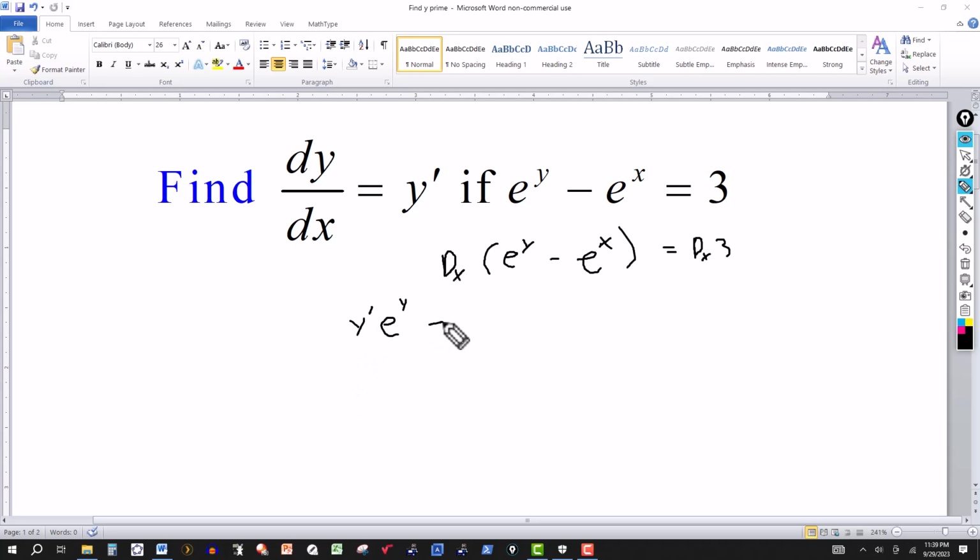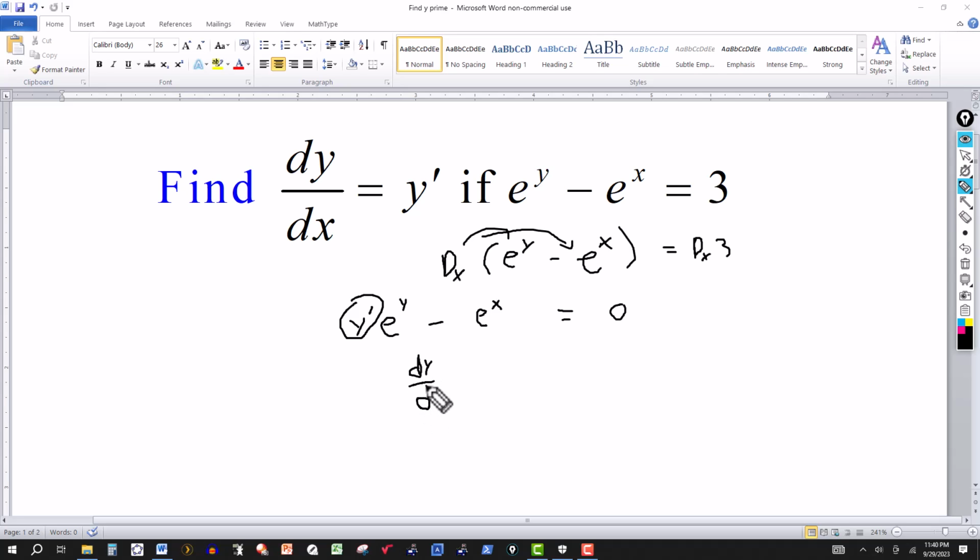And then minus the derivative of e to the x with respect to x, e to the x. So I'm taking the derivative of this one, and then of this one. And on the right side, the derivative of a constant, that's 3, is 0. Then all I have to do now is solve for dy dx, or dy over dx, which is represented by y prime. So I'll go ahead and write it dy